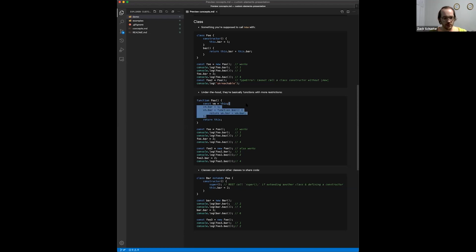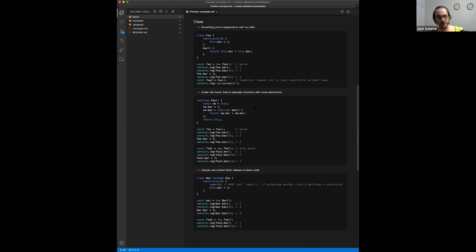And the reason why is because before 2015, you didn't have this class keyword. This is a relatively new feature, like in the past 5 years, literally 5 years ago. And so you would have to write code that was kind of like this, or there's an even worse form where you have to do